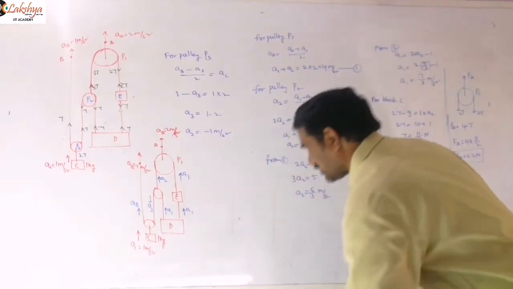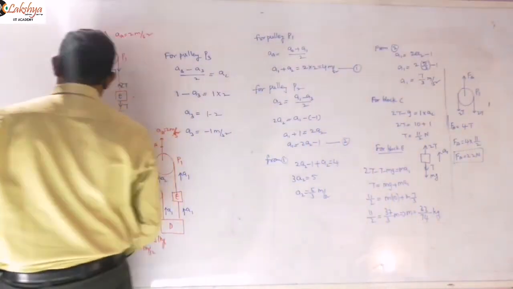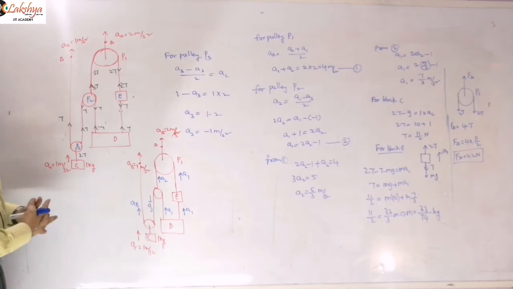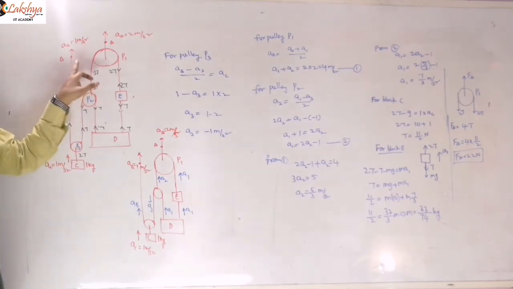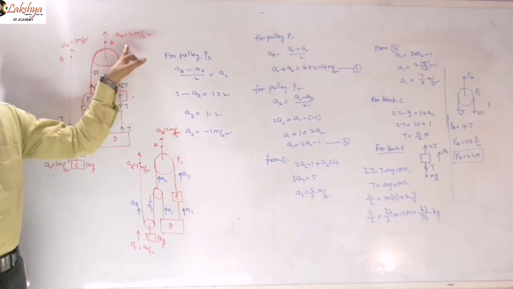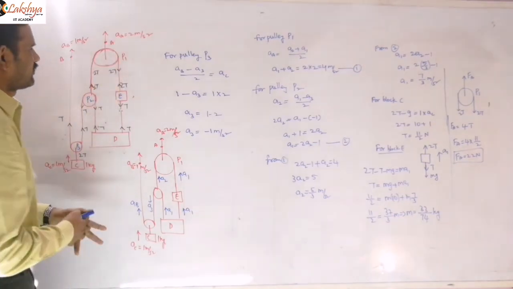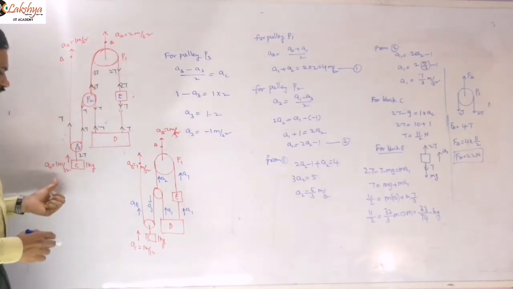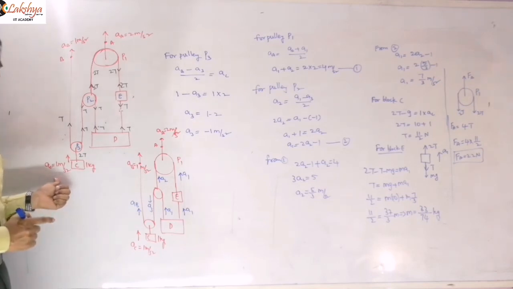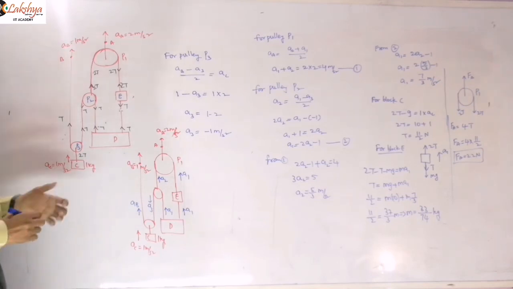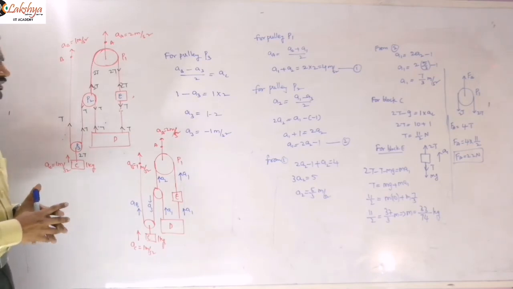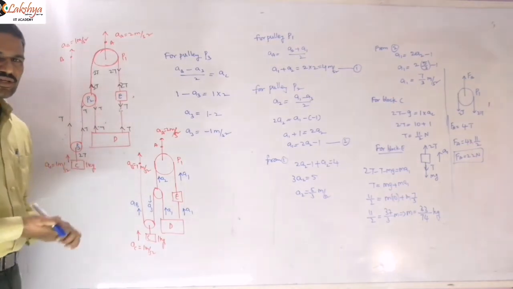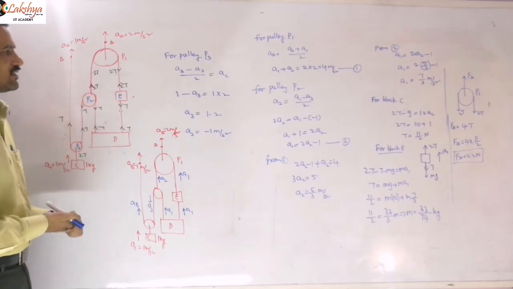So next, note down this problem here. In the system shown in the figure, the end A is accelerating upwards with acceleration 2 meter per second square, and B is accelerating with 1 meter per second square, and the block C of mass 1 kg is accelerating with acceleration 1 meter per second square. The block B is always symmetrical. The block D is always symmetrical.